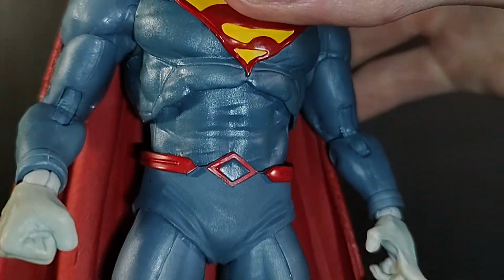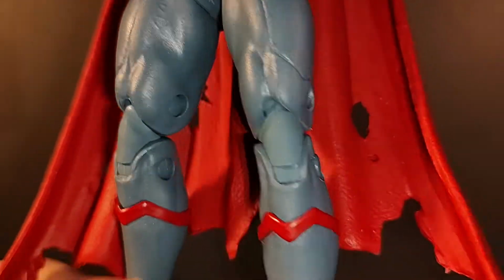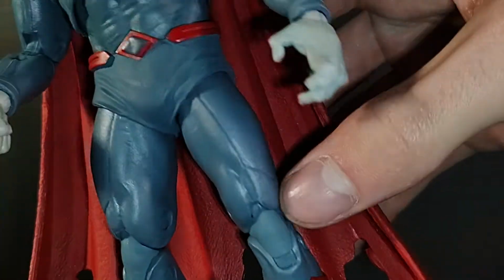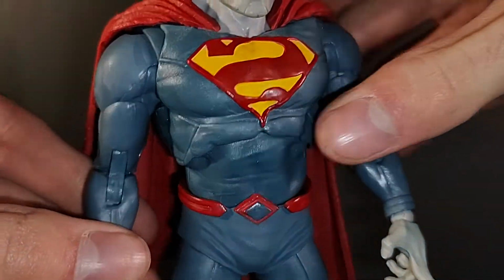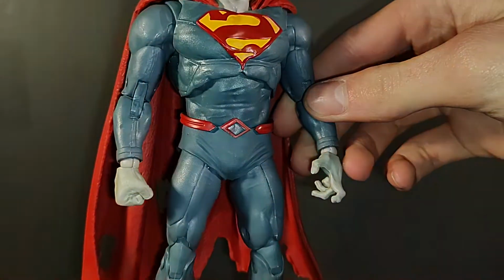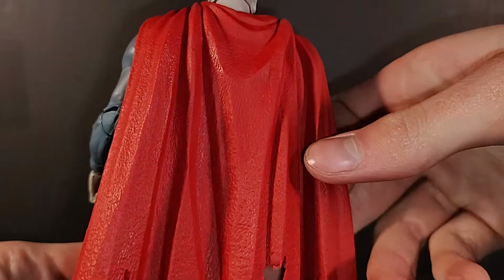Really love all the detail in the costume that McFarlane usually puts into these guys. I like the boot sculpt. You have that red paint, and that's pretty much it. This guy isn't painted all to crap or whatever. It is just a bigger guy in a skin tight suit, but you do have that cape, which